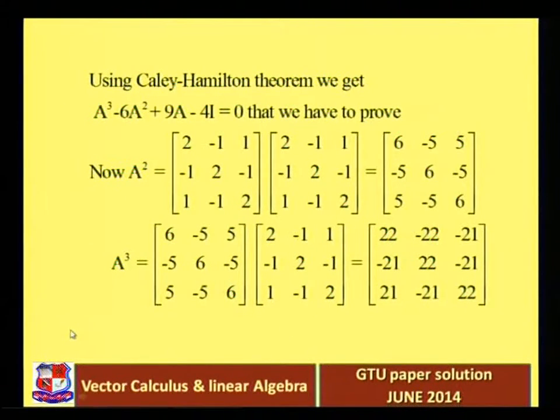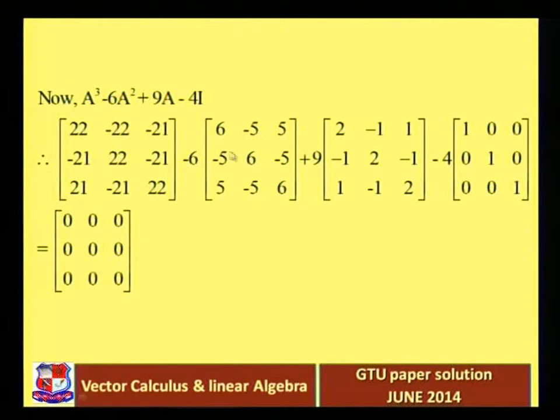Okay, so let's see whether this equation is satisfied or not. We have to put all the values. Now we have a cube, a square, a and the identity matrix. So put all the values in this equation. So we get a cube minus 6a square plus 9a minus 4i, that is equal to,